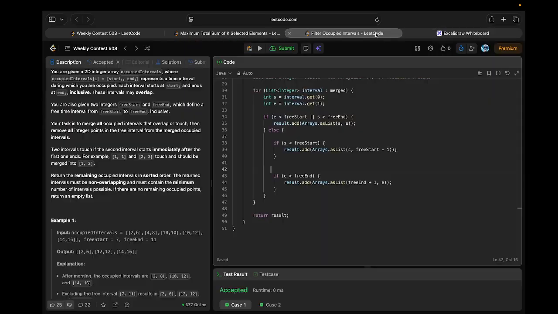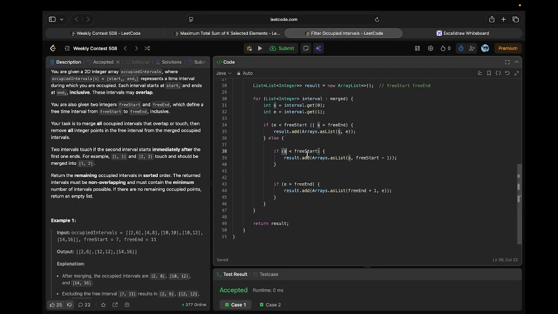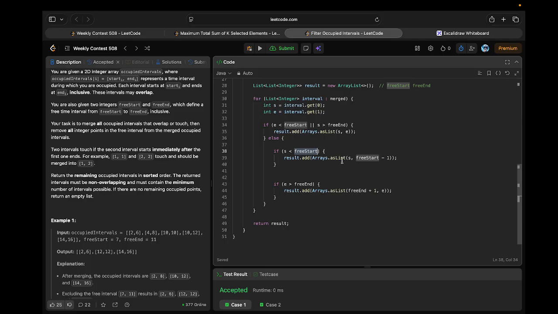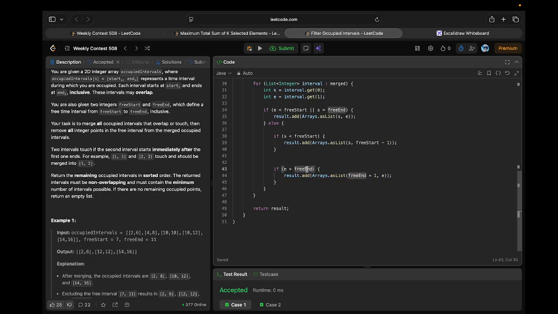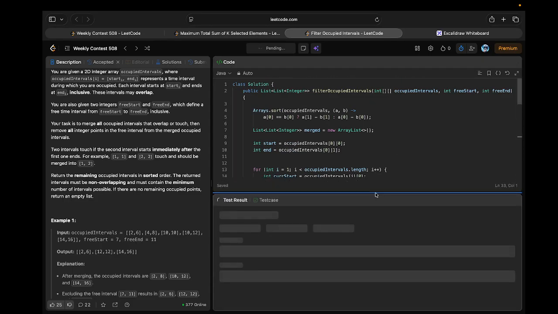So the same thing which we have written over here: if the start of the current interval is less than the free start, which is this part, then we are preserving our start value, but we are changing the end value, right? And here, same, if the end is greater than the free end, then we are preserving the end value and we are changing the start to free end plus 1. So this is the idea behind this particular problem, and I ran it to check that everything is